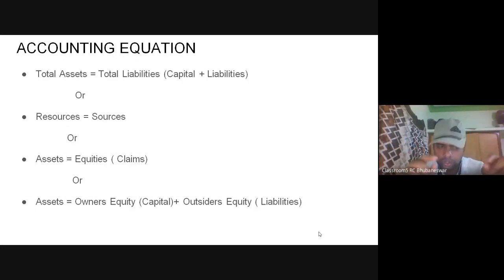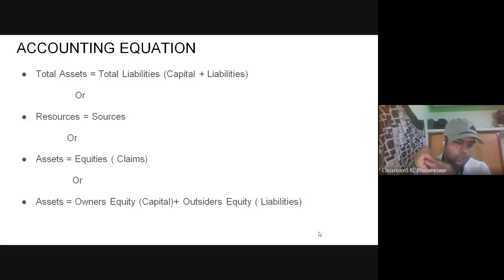ओके, सो उसके नीचे भी मैंने लिखा हुआ है यहाँ पर assets इज इक्वल टू इक्विटीज। इक्विटीज का मतलब क्या हो गया, ये इक्विटी एसेट, इक्विटी शेयर्स नहीं, इक्विटी का मतलब हो गया क्लेम्स। ओके, सो दिस क्लेम्स कैन बी डिवाइडेड इनटू टू पार्ट्स, one is owner's claim, another one is outsider's claim. So owner's equity, outsider's equity. So owner's equity को हम कैपिटल बोलते हैं और आउटसाइडर्स इक्विटी को हम लायबिलिटी बोलते हैं।